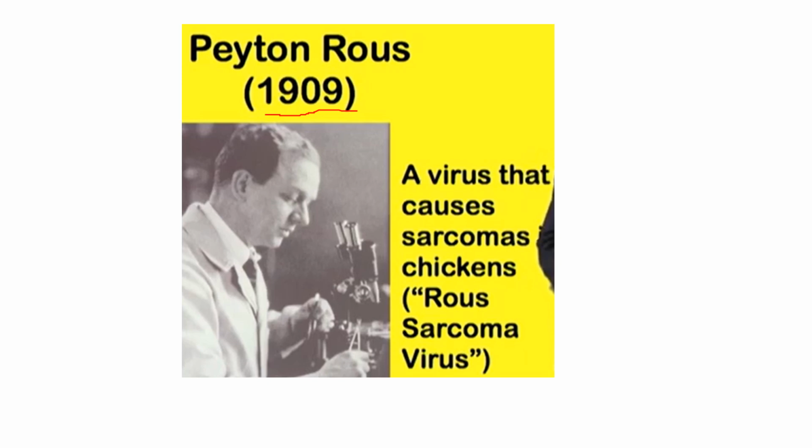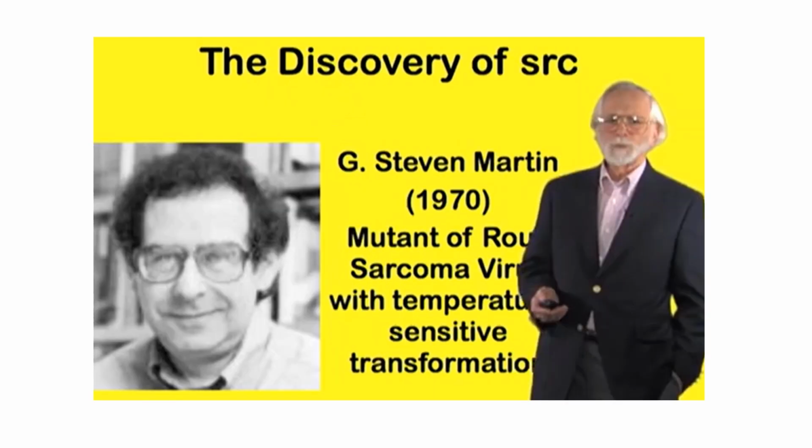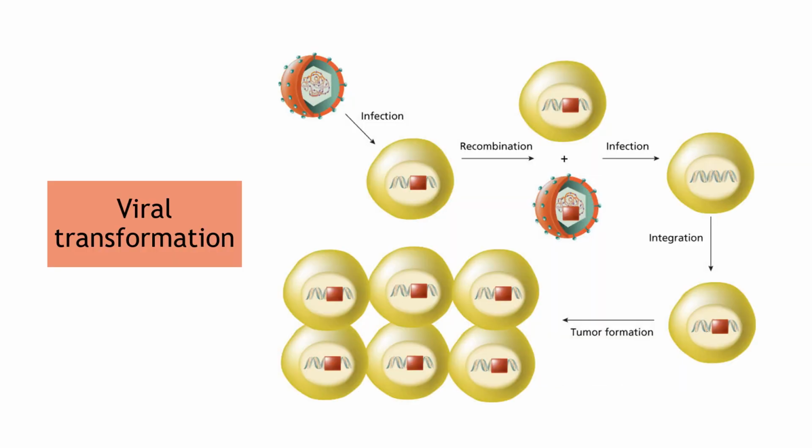I'm just going to give you additional information to remind you of what a virus is and the process of transformation. Then we'll also talk about this very important gene, SRC. You will find it in many types of cancers, and we will talk about that in the following lectures. Okay, so to remember the process of transformation, here we have, and I'm sure that you know this much better now than me,